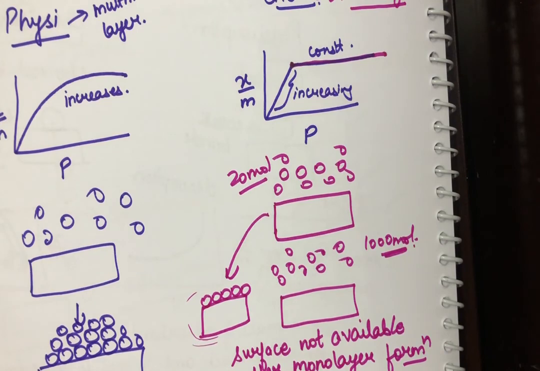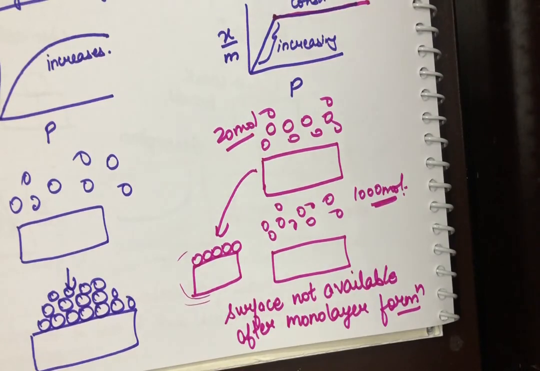So I hope this video has helped you to understand, if you are talking about adsorption, what is the sign for delta H, delta S and delta G. How does the effect of temperature and pressure differ for physisorption and chemisorption, and this would help you to solve a lot of questions from this chapter.